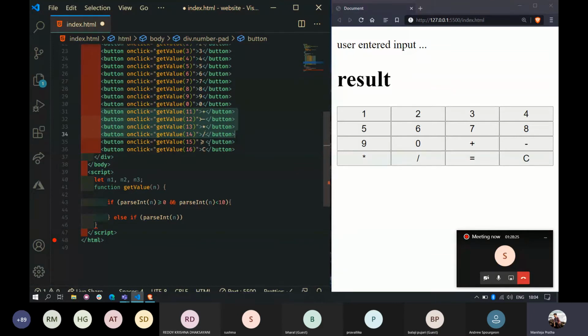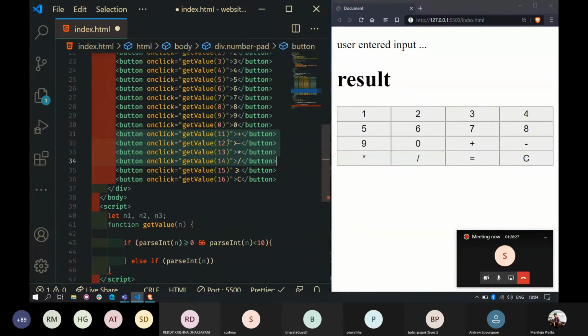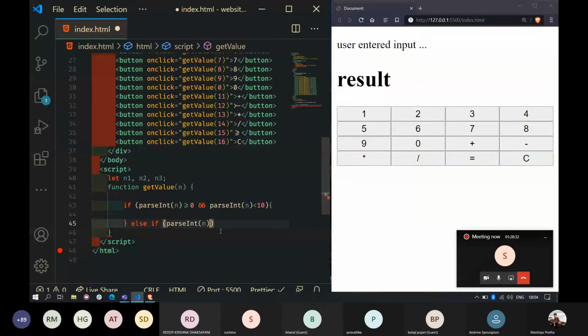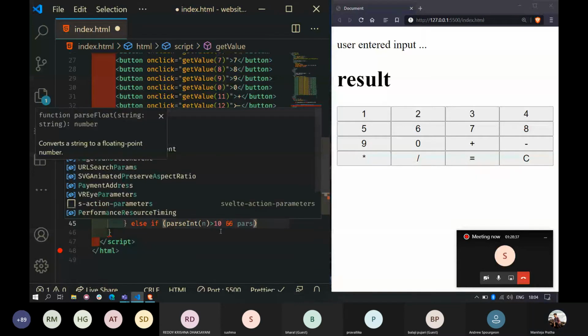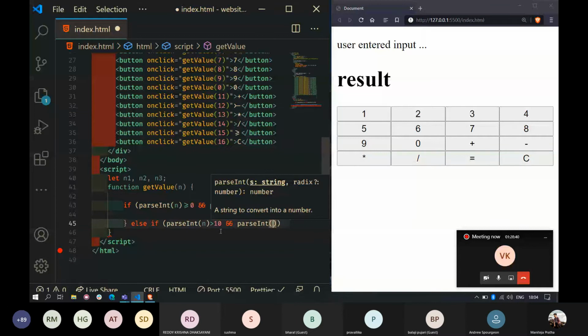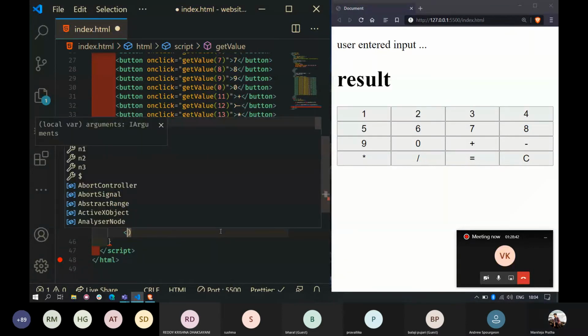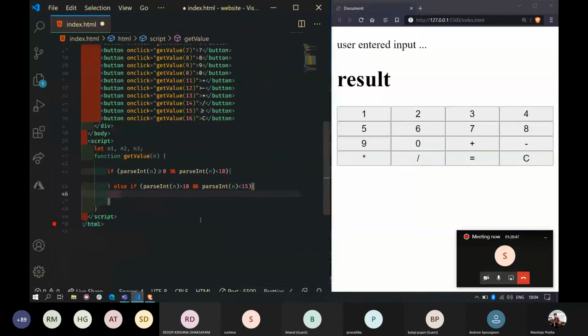So parseInt of n is greater than 10 and less than how much? 15. So this condition, I will write it over here, for numbers. And this else if condition will be for operators.